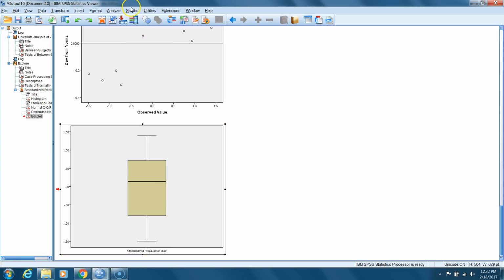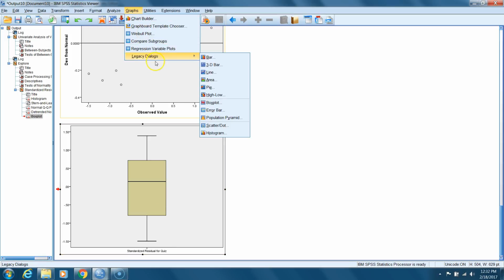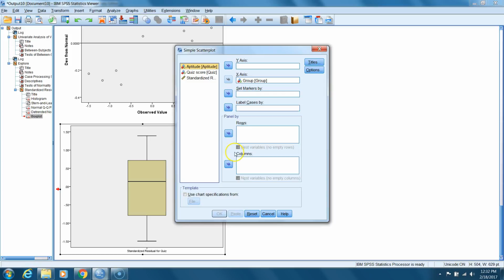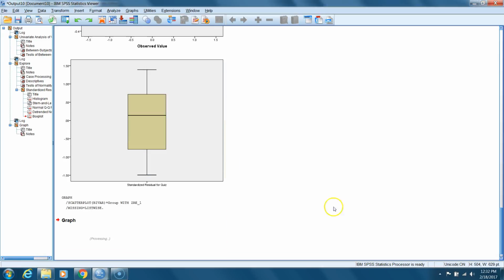Next, let's go ahead and graph our data. So I like to look at our scatter plots. I'm going to go ahead and look at group. Actually, that's in the right spot. And let's take our standardized residuals. And I'll say a couple things about independence here. First,